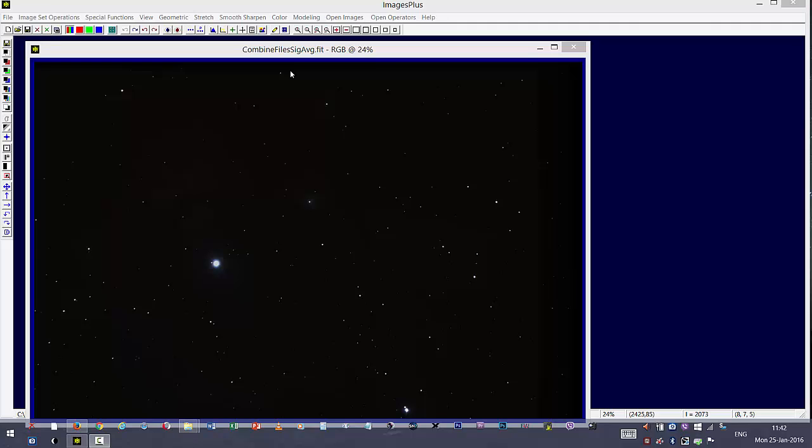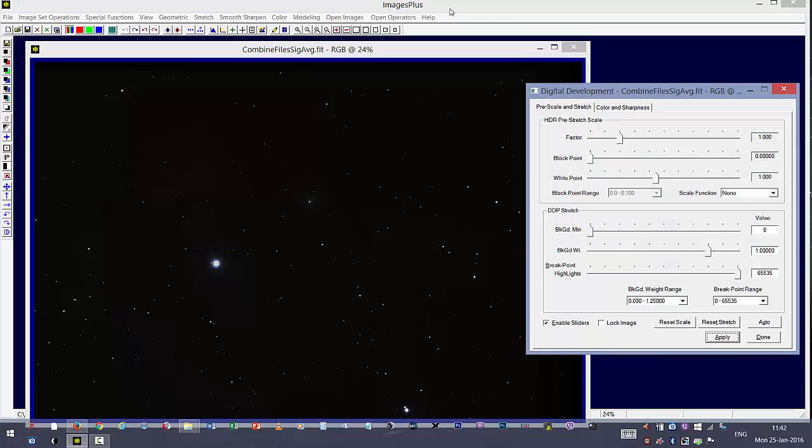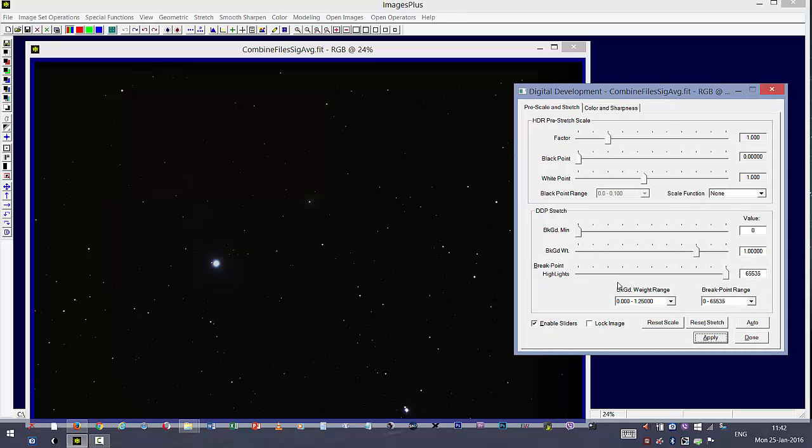The first task that you do with such a stacked image is stretch, and stretching is also called digital development. In Images Plus, if I press Ctrl D on the keyboard, I will get the dialog box for digital development. So this is the dialog box, and the first step is to move the slider for breakpoint